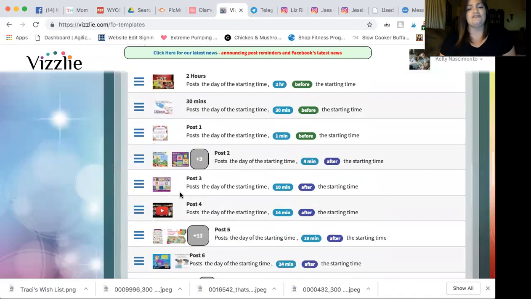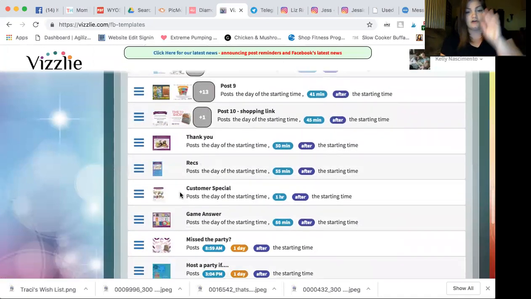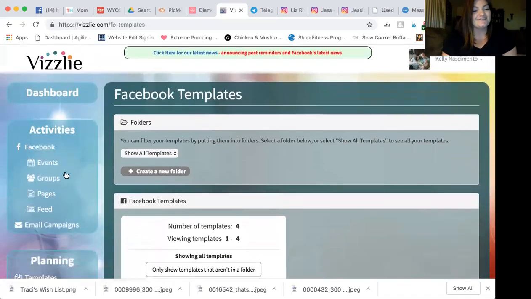But other than that, you're not going to change really anything. You're just going to change wording to make sure it sounds like you. Does that make sense? So go through, preview, edit, everything. Oh, okay, done, perfect. Okay, once you're done with that, you're going to go over here on the left and where